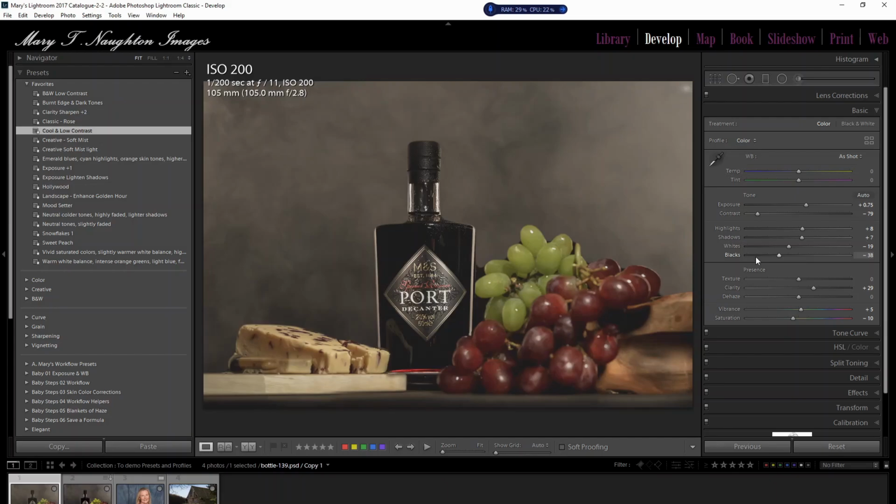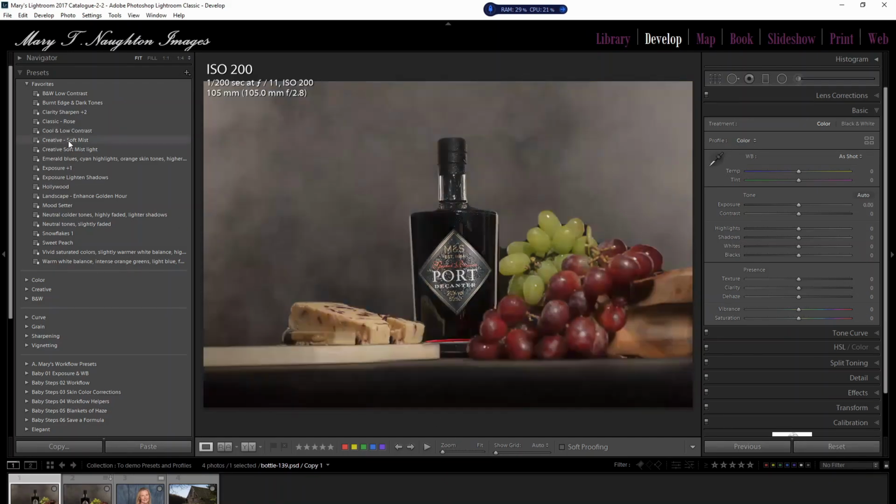But if you then go in and use a preset which adjusts a lot of the sliders, it will overwrite something that you've previously done on another preset. So you can not only convert to black and white on the way back in. I'm just going to hit reset and reset this image. You can do all sorts of